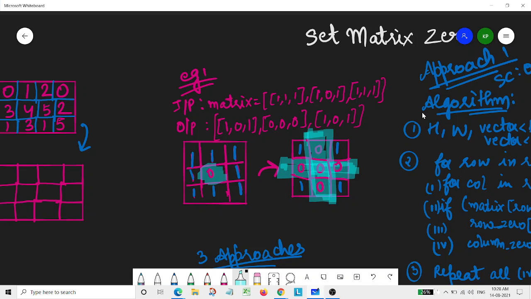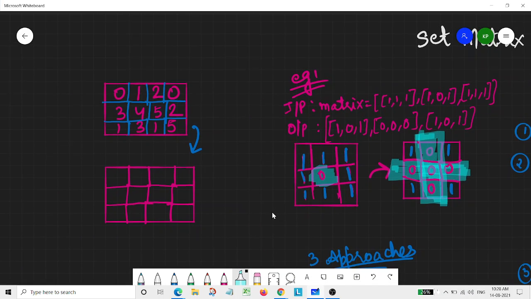Now this was regarding just one 0. But if there are multiple zeros in a row or any of the columns in the matrix, then what do we need to do? Like here, we are having two zeros, one here and another one here.